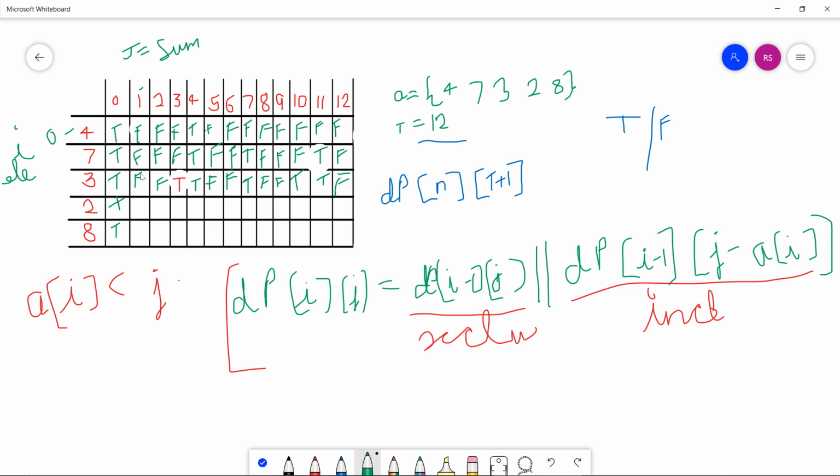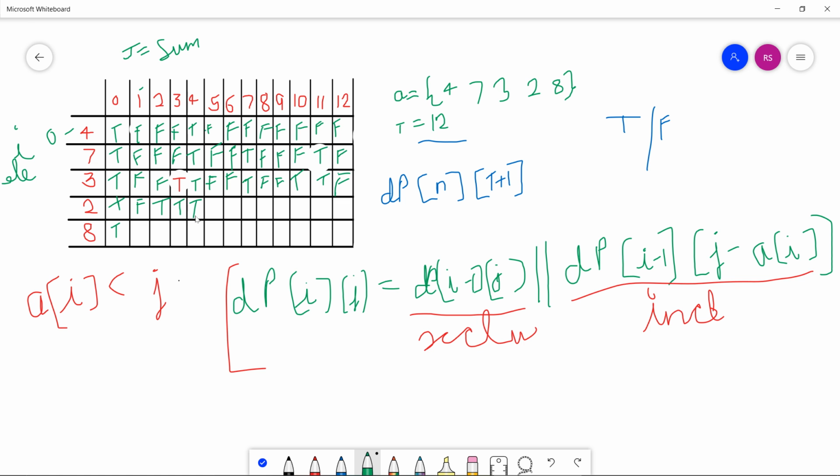Now on 2, up to 2 we have to store the upper cell data. False, false. Here the target sum is 2, and we already have one element 2, so we store true here. Now the data from the above cell comes, which means true.